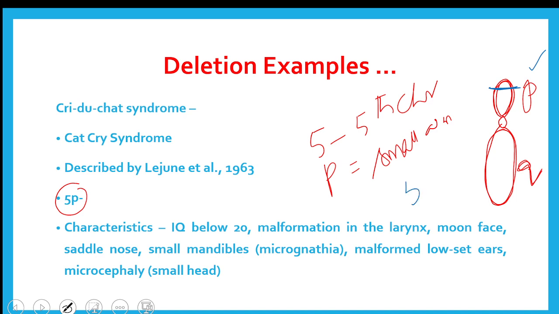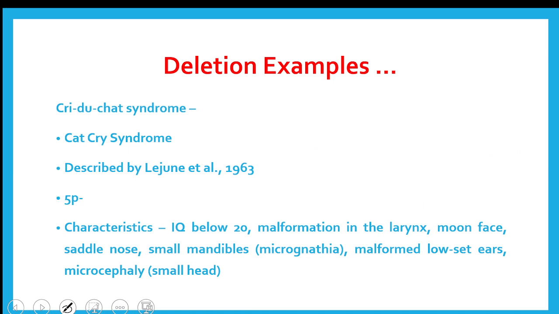So we call this 5p deletion. A segment on the short arm of the fifth chromosome is lost, and it results in certain characteristics like an IQ which is less than 20, and malformation in the larynx leading to the cat cry, a face which is moon face, saddle shaped nose,